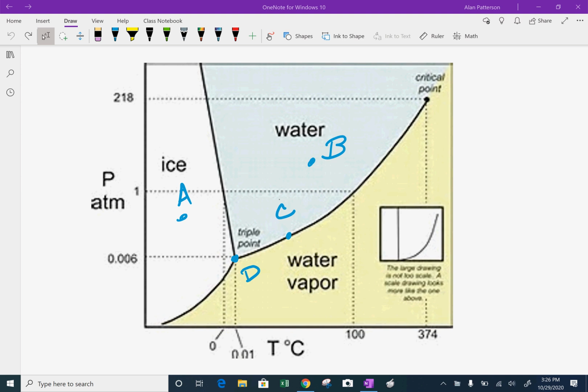Patterson here. In this video, we're going to take a look at phase diagrams. Okay, first off, a phase diagram is a diagram that has temperature and pressure listed as parameters compared to states